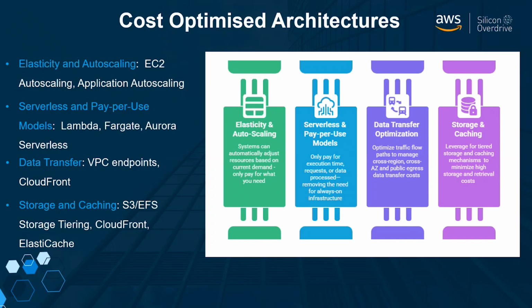So for example, if we look at compute, which is usually a good one to do a comparison. If we just look at compute specifically, you have options such as your EC2, which is a very standard virtual machine. And then you can also opt to containerize your workloads, which now opens up other options. Now you can host that on either the container service or on the Kubernetes service.